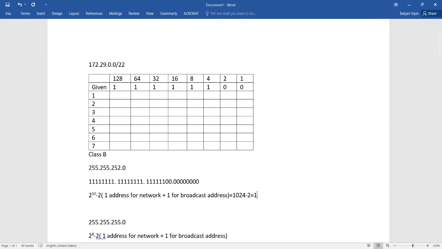So it will be 1022 users this network can accommodate.